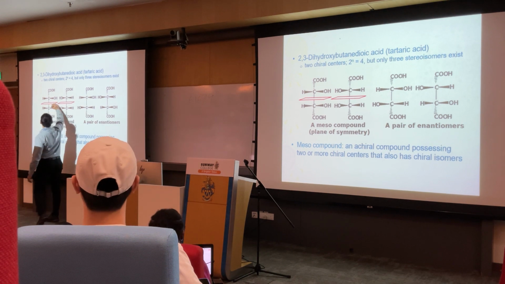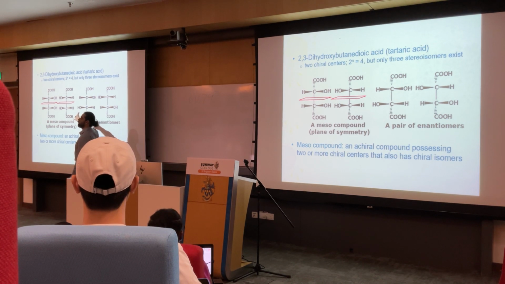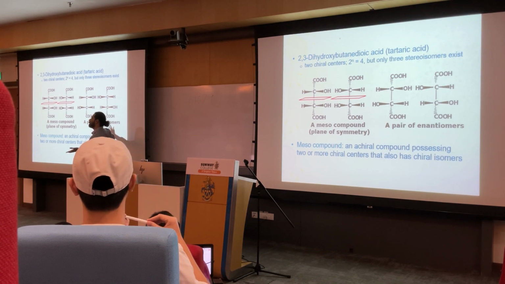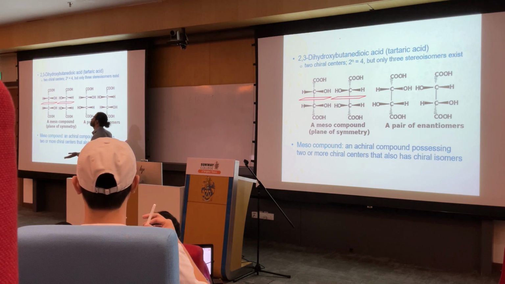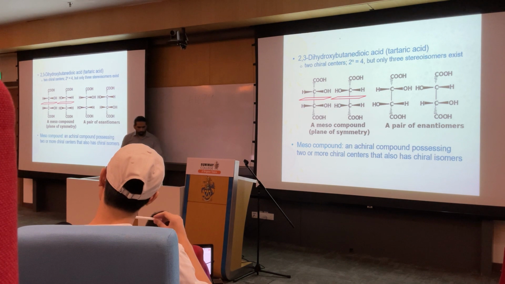So that's why we have plane of symmetry here. Right? So that one would be plus minus isomer of tartaric acid. But any one of these could be plus and the other one would be minus. Of course, we can't tell just by looking at structure because those are experimental terms. Right? Also, one thing you notice,